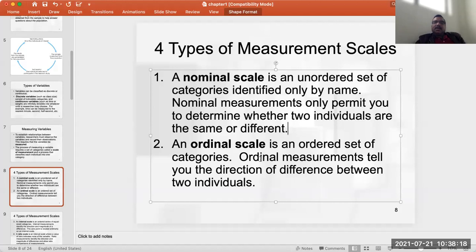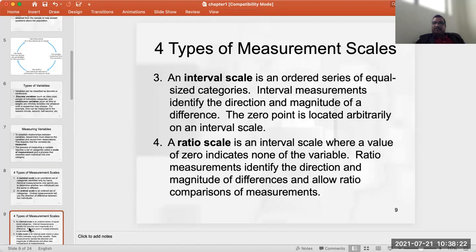Right? Another kind of measurement scale is the interval scale. Like when you are going to measure temperature on the Fahrenheit and the Celsius scales. They are a kind of interval scale.